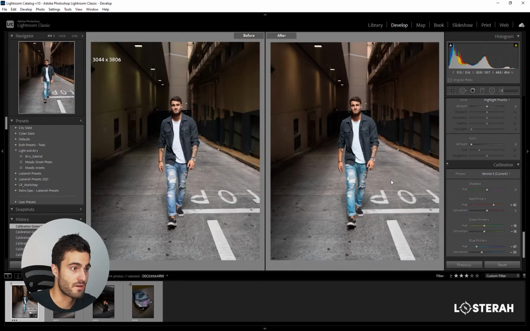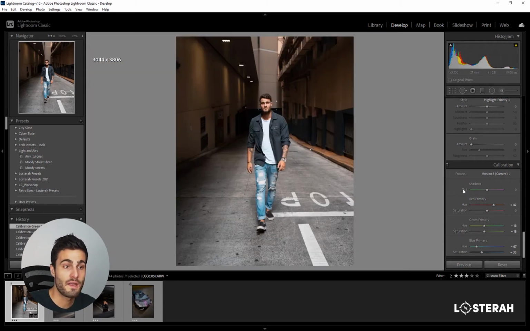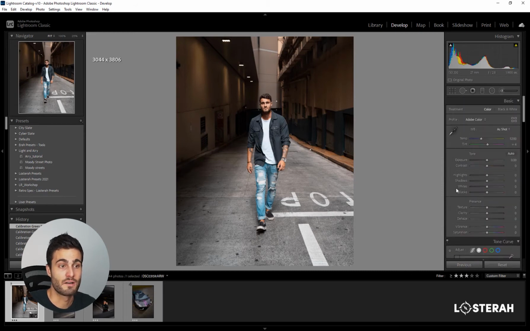Now if you just hit Y on your keyboard, you can kind of see the difference our calibration is making. Basically, everything that's yellow now looks a little bit more orange, and the blues look a little bit more blue. We'll hit Y on our keyboard again, and we're going to come up to the top and start adjusting our